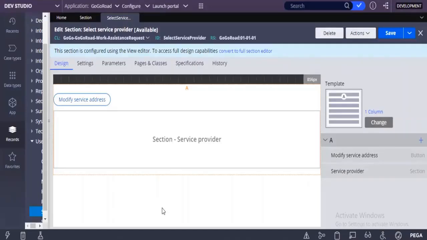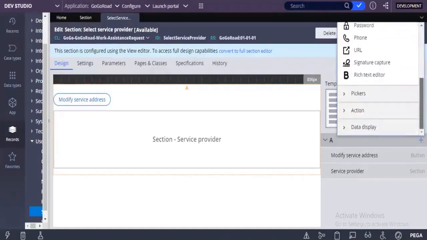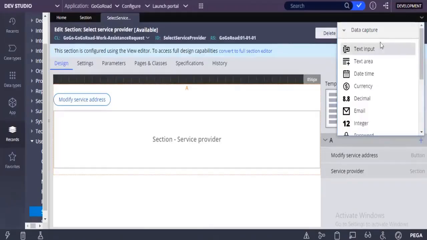If you are trying to implement any simple functionalities or a simple form of user interface, then you can implement it from here itself. Here you have a few options, plus and all. If you click on plus, you will be able to add some components, but these are all very basic.